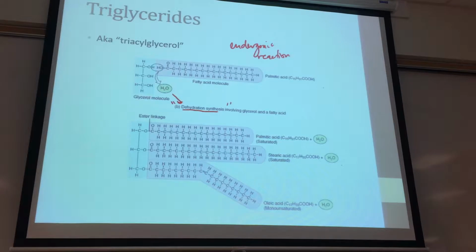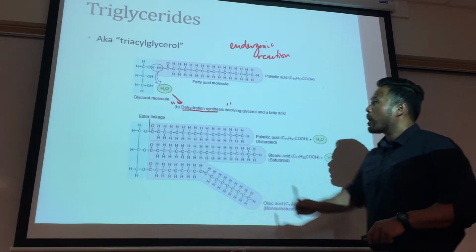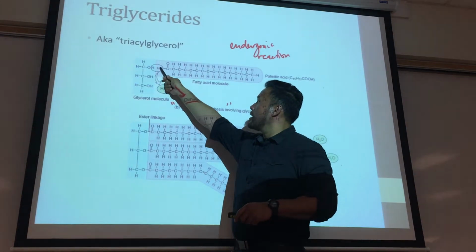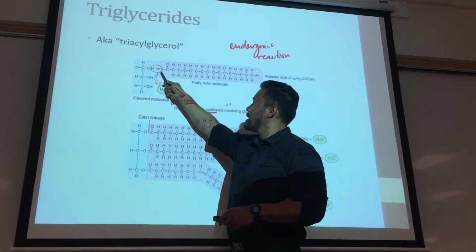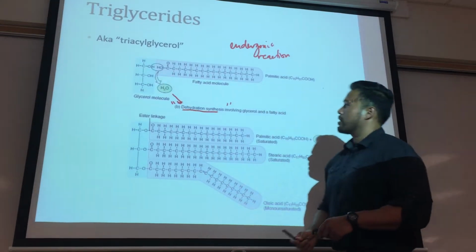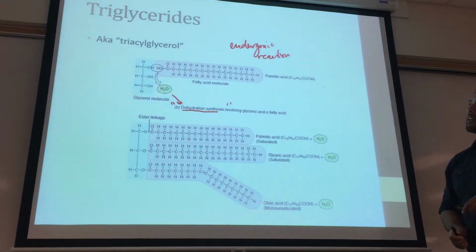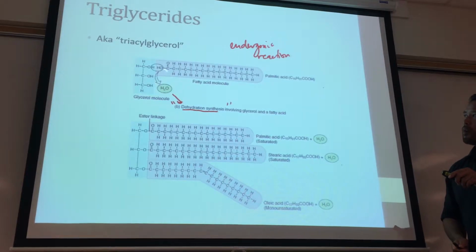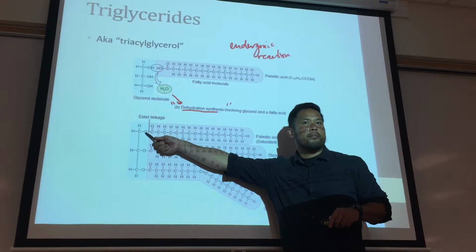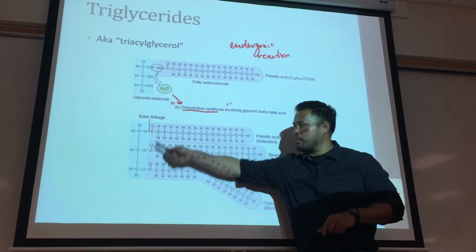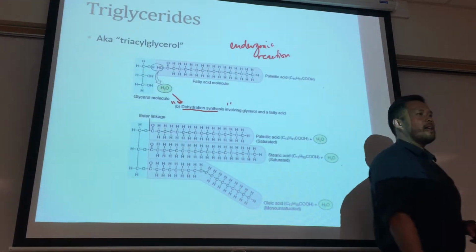So this is what's called, and again, not a term you need to know, an ester linkage, where we have the hydrogen from a hydroxyl group attached to the hydroxyl group from a carboxylic acid, specifically this fatty acid. You remove these, the H2O, you get the water loss, and you get that ester linkage. We repeat that 3 times, and we have a triglyceride,